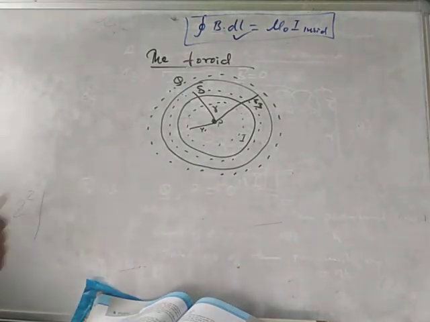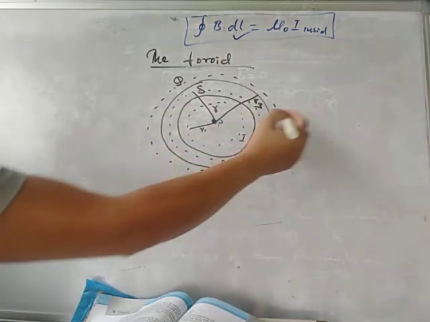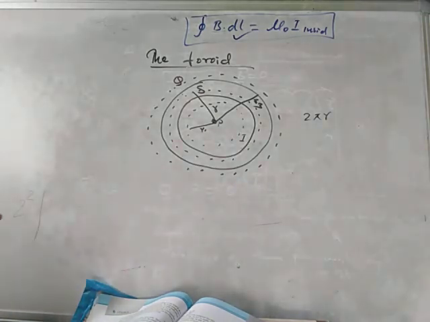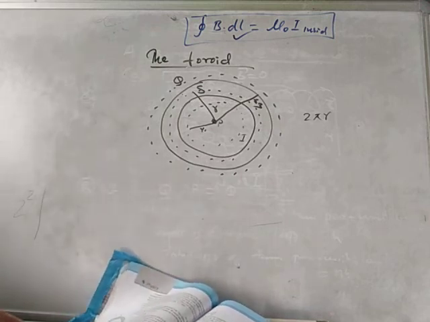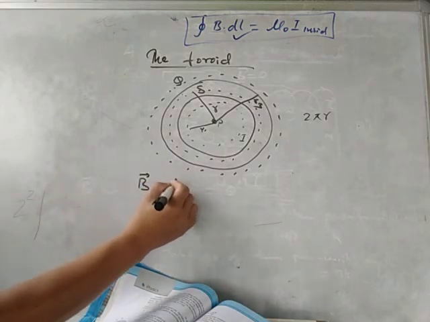This is circular, isn't it? So the circumference of a circle is how much? 2 pi r, write it down. Then let's find B, the magnetic field at S